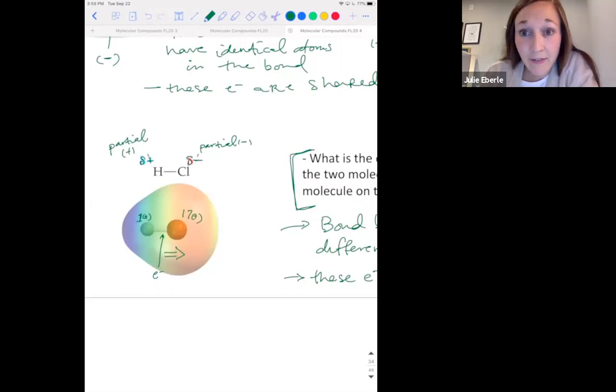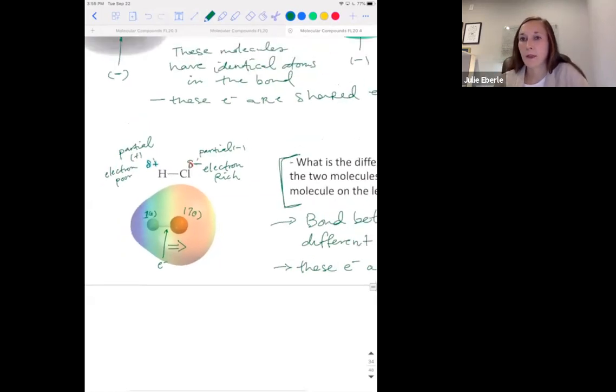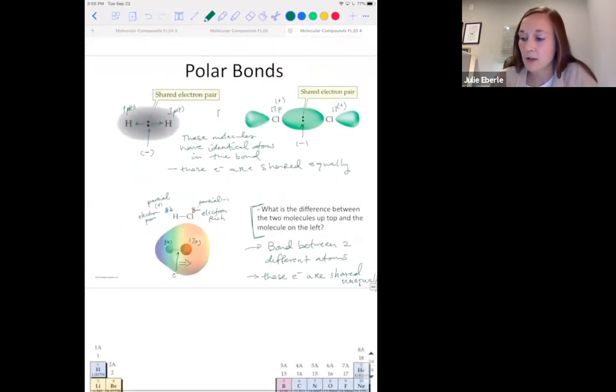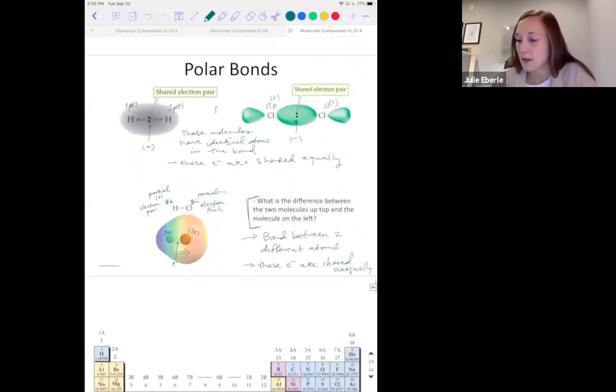If it's got a negative, that means it's electron rich. If it's got a partial positive, this means it's electron poor. All right. So that's a polar bond. A bond where the electrons are not shared equally is a polar bond. A bond where the electrons are shared equally is a nonpolar bond. All right. We'll pick up with other stuff. I'll post videos